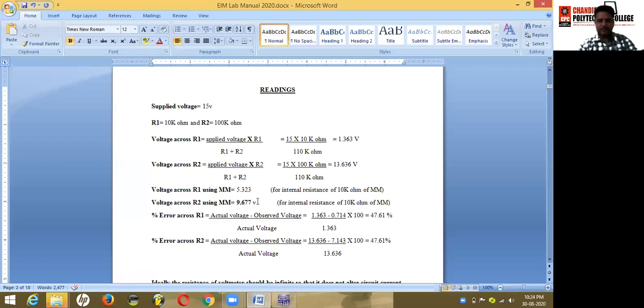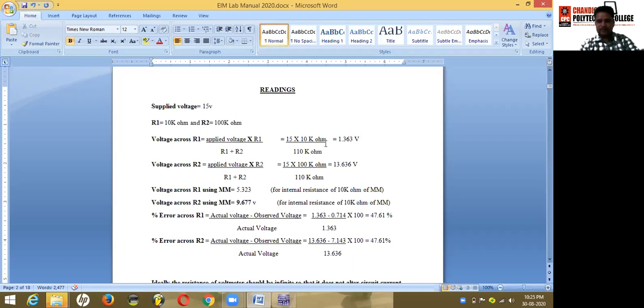Here you can check the difference between both the theoretical and practical reading. Here theoretically R1 has a voltage drop of 1.363, but practically when you are measuring the voltage with the help of voltmeter or multimeter, this voltage across R1 is 5.323 volt, and across R2 this is 9.677, but theoretical reading is 13.636.